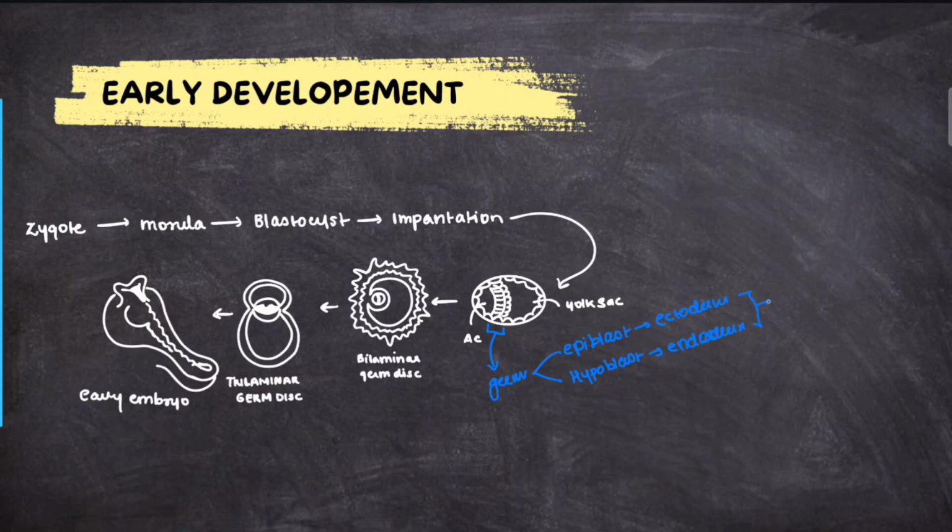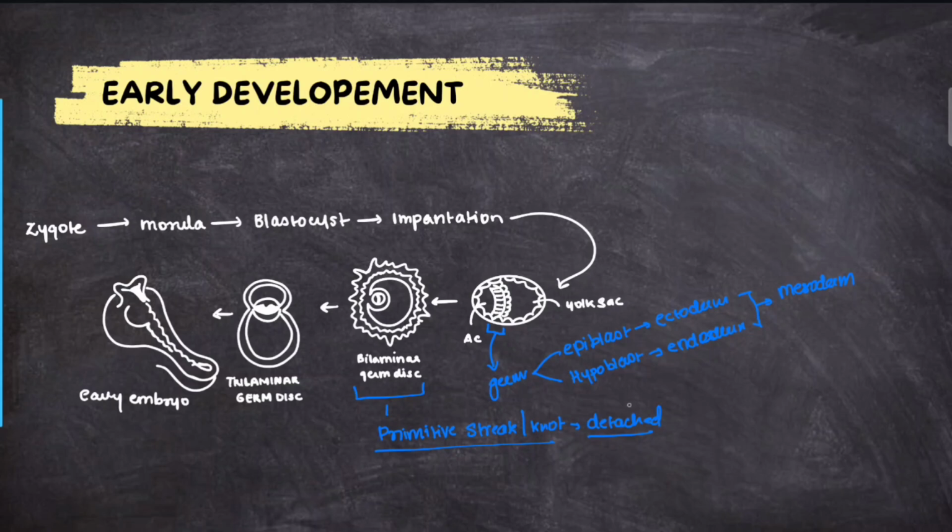But we can see there's one layer missing, which is the mesoderm. How is that formed? That is formed with the formation of something called a primitive streak or a knot. In primitive streak and knot formation, what happens is that some of this epiblast gets detached